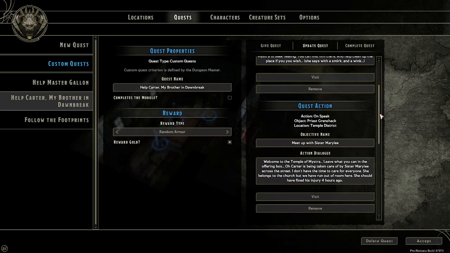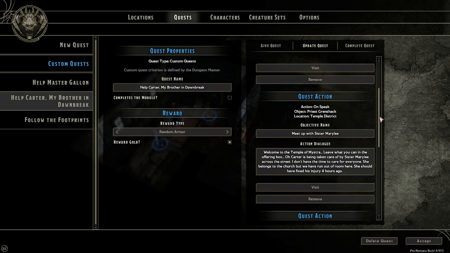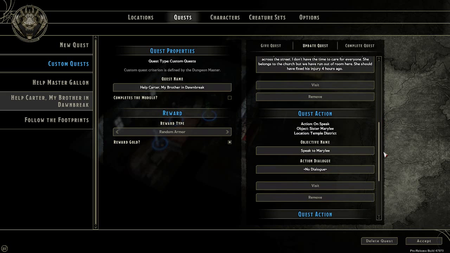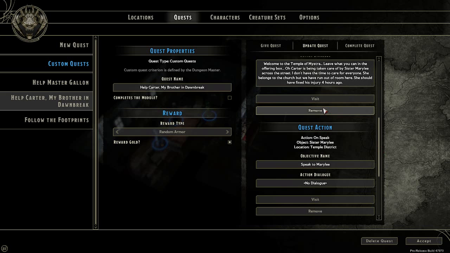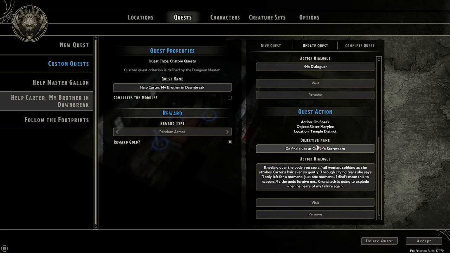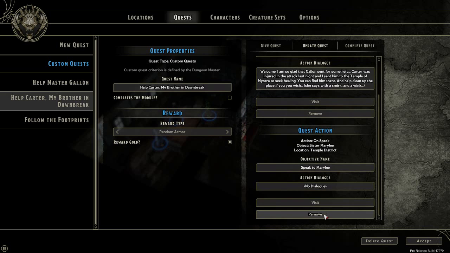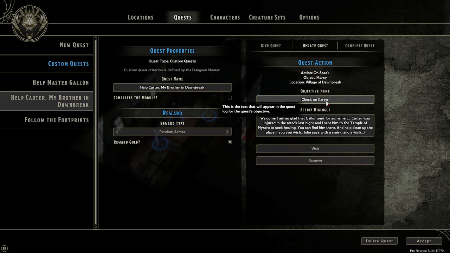I don't want them to know to meet up with Sister Mary Lee. I don't want them to know any of that. So we're actually going to remove that. I'm going to remove that. Remove that. So the only thing they need to know is to go check on